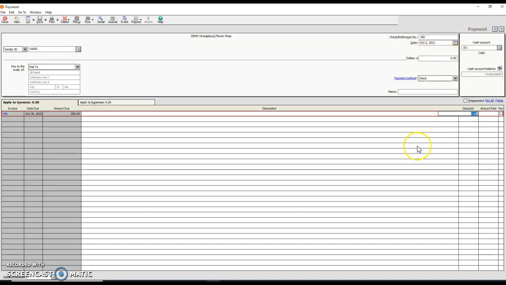So we need to put that in there in the discount column. Now it's 2%, it was $500, and so $500 times 0.02 is $10. So I'm going to put that $10 in there,